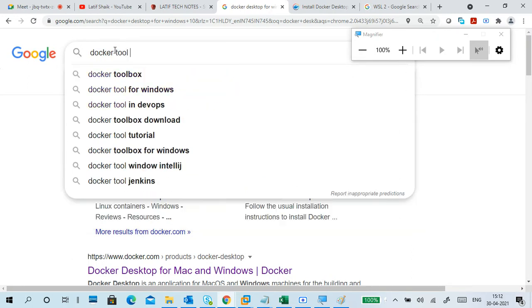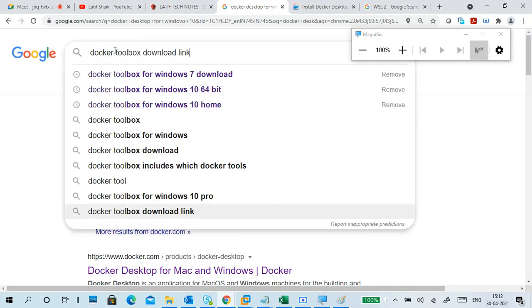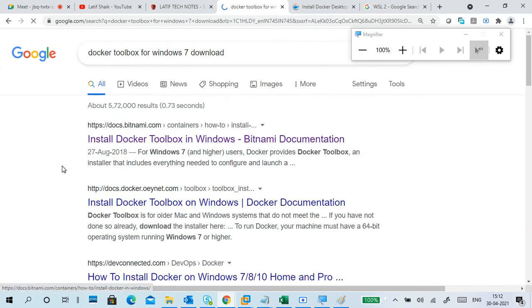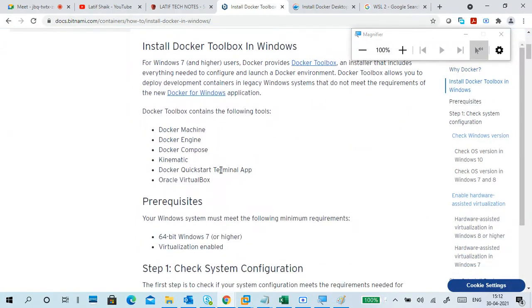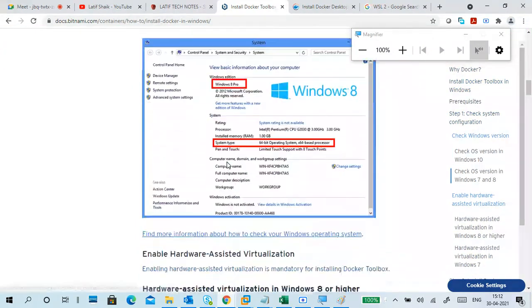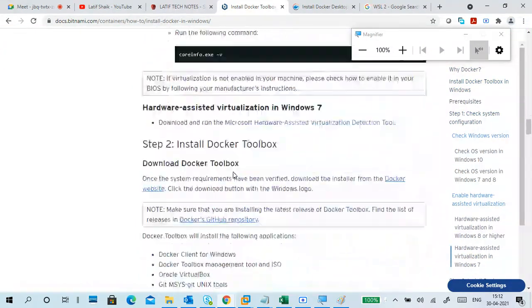That's what I said earlier. We have a Docker Toolbox. You can just download it. You have to say Windows 7, then only it will work. So there is some website. Go through this website. The first one only, Bitnami kind of stuff. How to download, what to verify, the entire documentation is there.